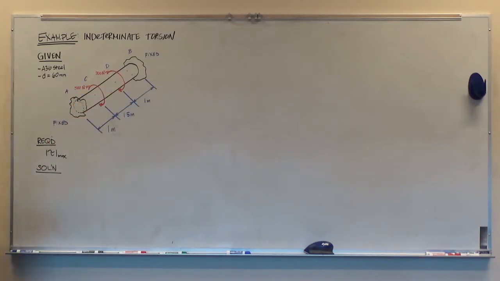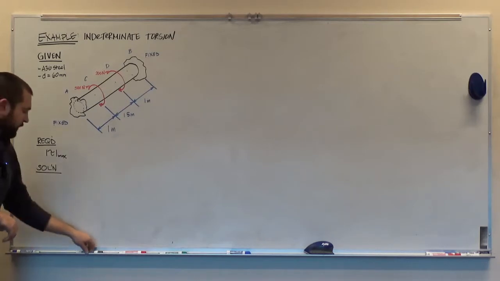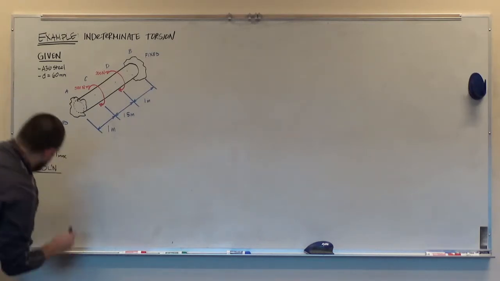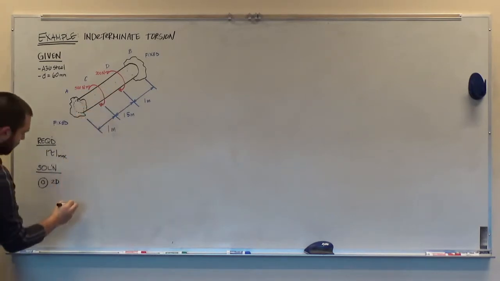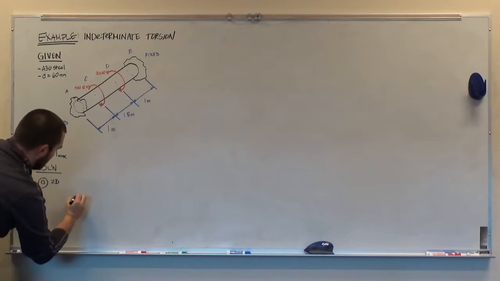So just like with the other torque problems, I find that the isometric 3D view can be a little bit confusing. And so first we're going to reduce this down to a two-dimensional view. We'll use the right-hand rule to turn these three-dimensional moments into two-dimensional vectors to make the statics a little bit easier. So our first step is simply to draw this as a two-dimensional free body diagram. And so we're going to take this isometric view, we're going to draw